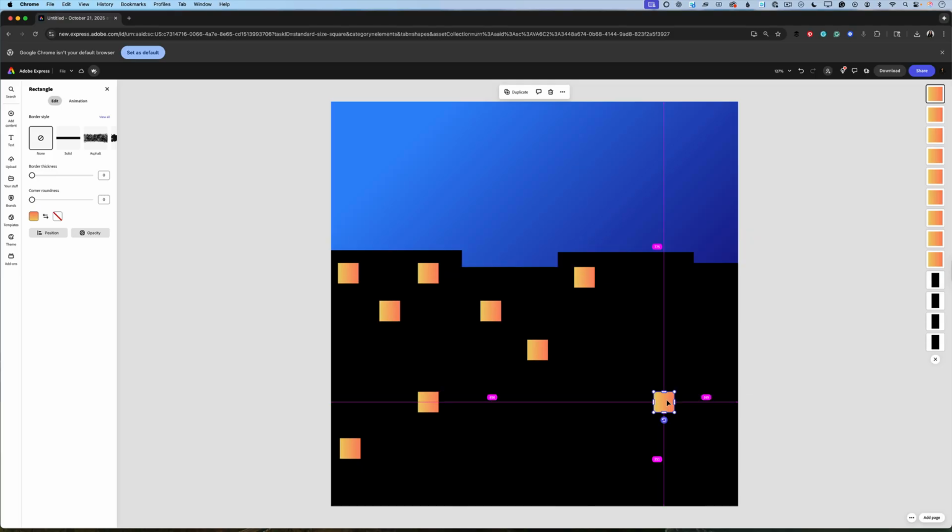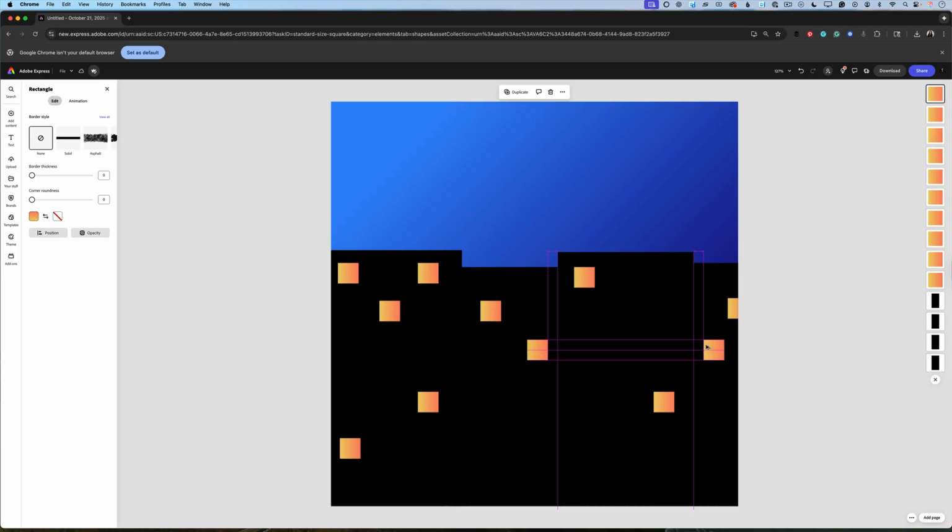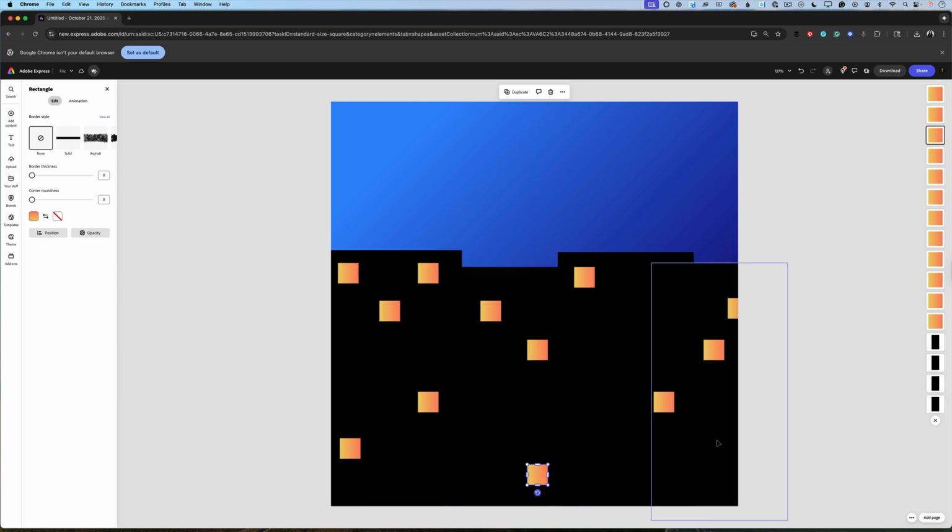I will add just a few more windows and voila, I'm happy. Maybe one more somewhere here at the bottom, just like that. And I'm happy. After I have this beautiful sky, I have all these beautiful buildings, I would like to start working on Halloween magic. To do so, I will come back to my